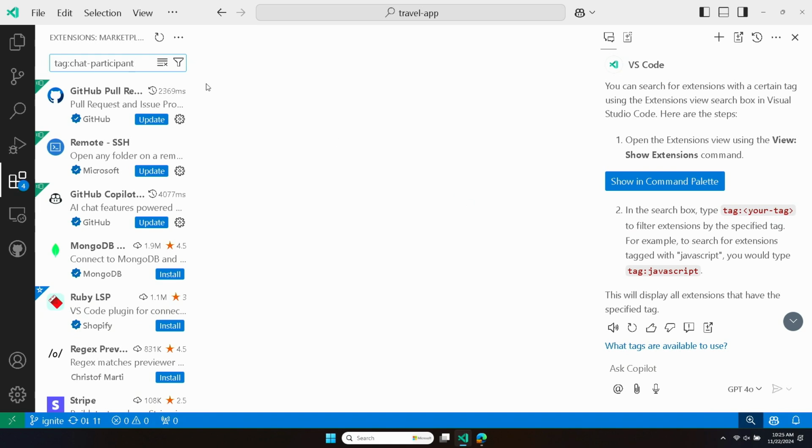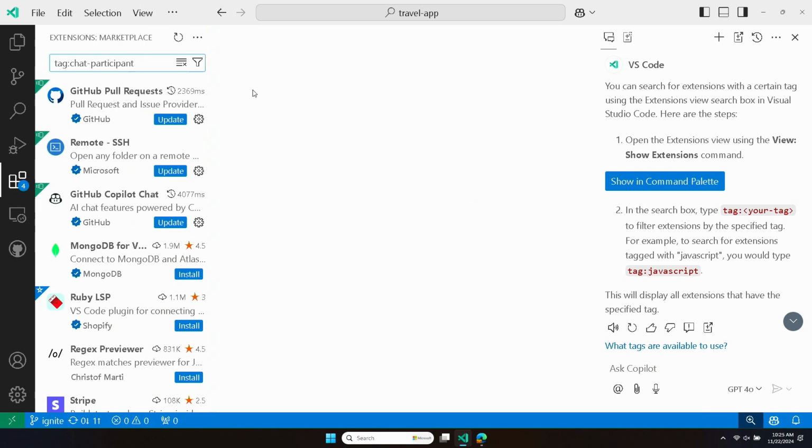And what's really cool is that I kind of alluded to this, but I can actually basically expand or extend what Copilot can do by installing and using other participants beyond those that are included out of the box in Copilot. And as an extension author, you can actually add chat participants to your current extension. Or you can go ahead and create a new extension and publish it to the marketplace for any participants that you'd like to create. You can already see that we have a variety here, so you can explore them and try installing them and using them in your Copilot.